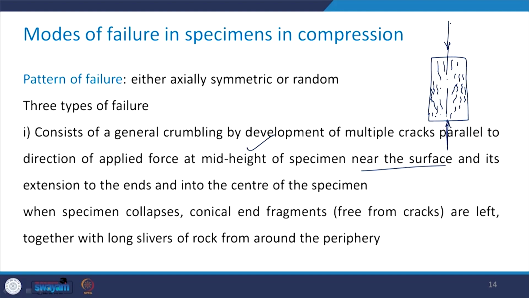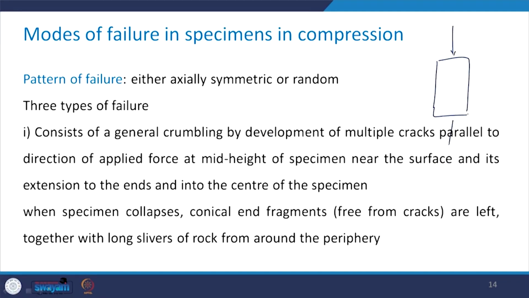When this specimen collapses, so you see once again, when the specimen is about to collapse, as I already explained to you, because of the biaxial compressive stress, you will get this kind of two conical portions. So, at the end of the test, what you are left with is this conical portion, and then here you will have long slivers of the rock, that is because all the cracks have been aligned